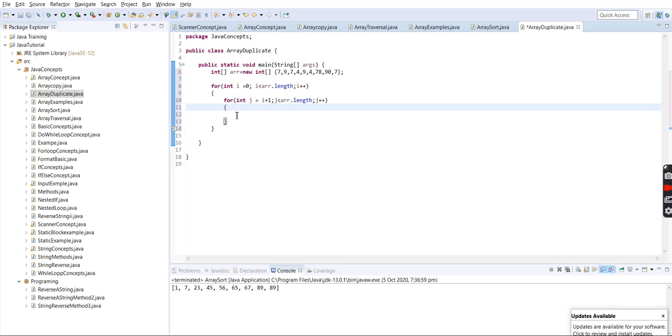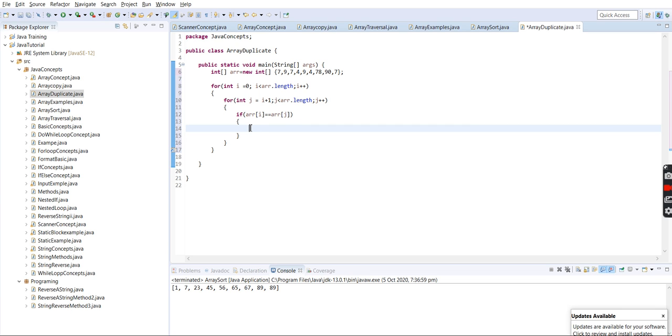And we try to match if the index of I, the outer for loop, is matching with the inner for loop, is present or not. If it's present, then it will give the value, the element which is present in that.